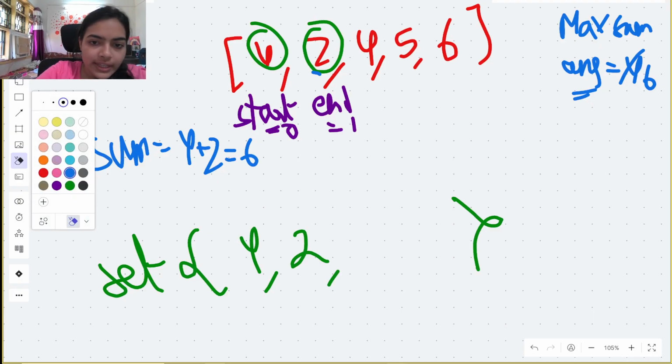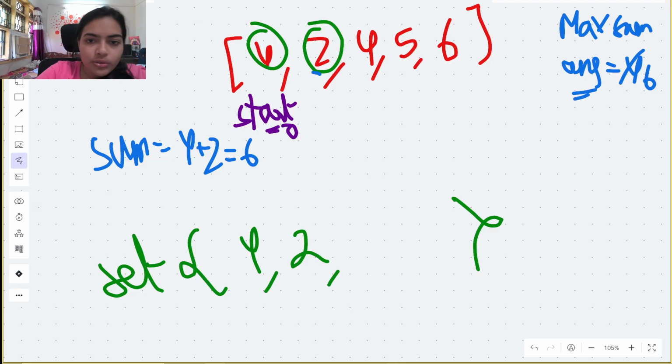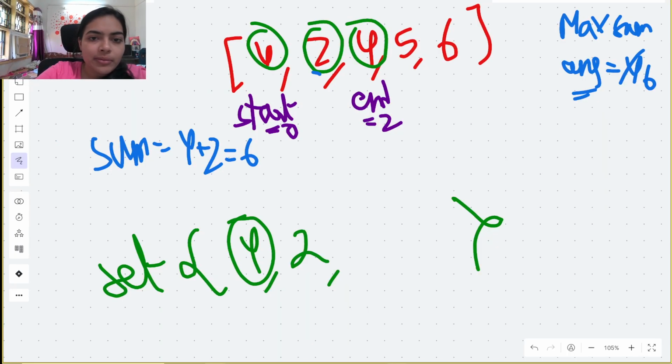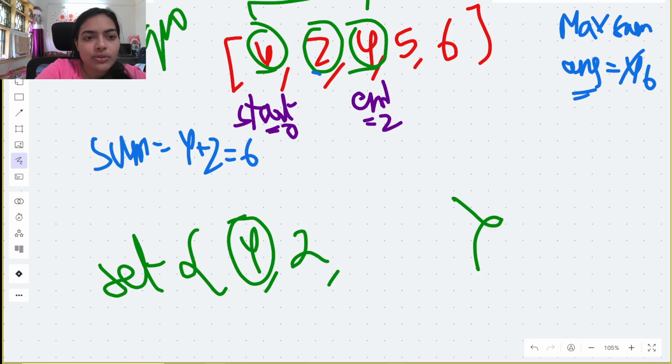Now let's go to the next element. So next time end is equal to 2. Okay, and the element is 4. Now we can see that 4 is already there in the set, means if you take the subarray, it is wrong, right? Because 4 is there 2 times. Subarray should only consist of unique elements. You cannot have 4 2 times. Okay, so this is wrong, so we will have to remove a 4.